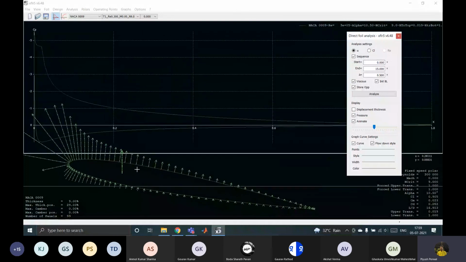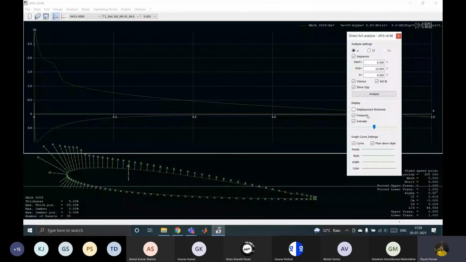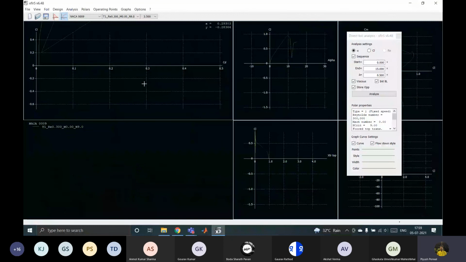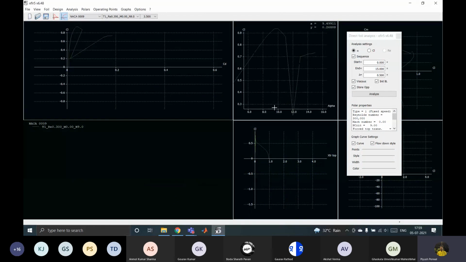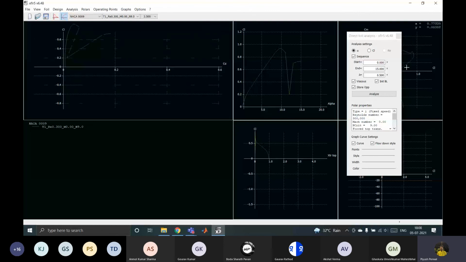And the point where the lift is acting, you can see this. This is how you can see, and from here you can see the CL versus angle graph. At around this angle of attack, the stall happens. When the angle of attack increases beyond the stall angle of attack, the graph randomizes. So yeah, this is how you can see it.